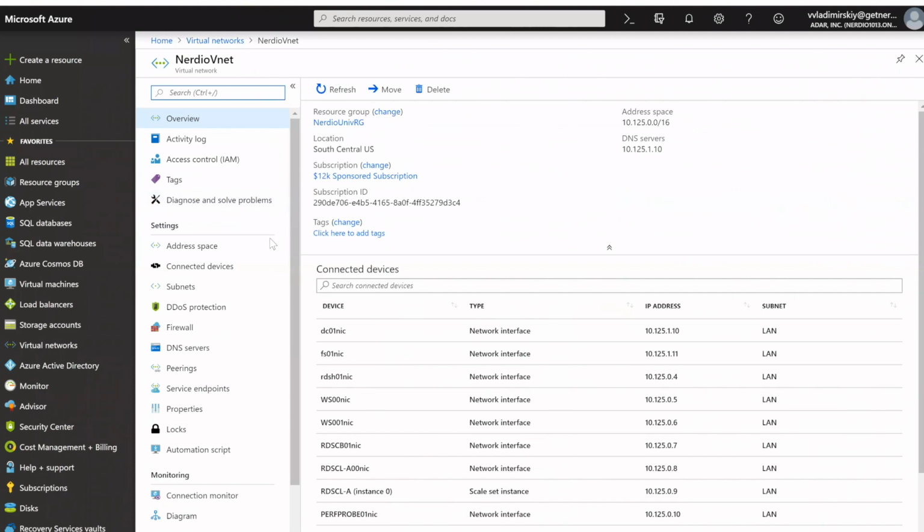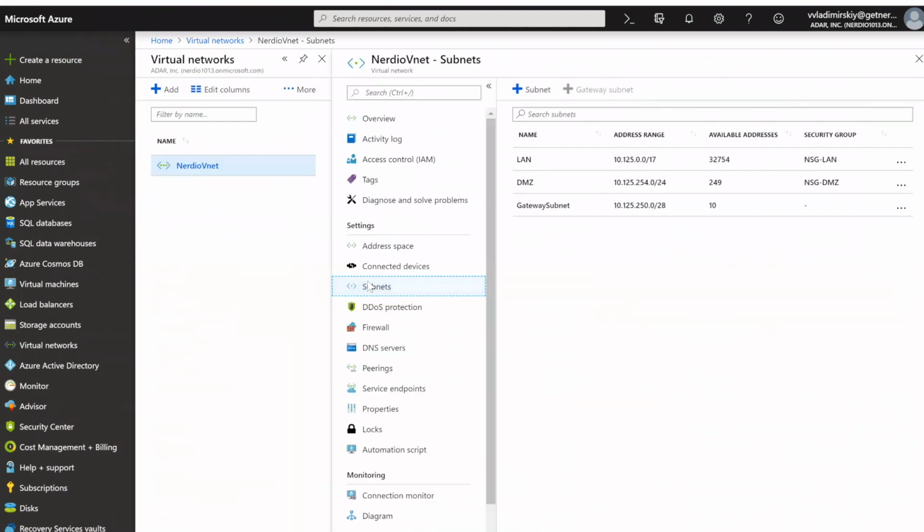Within the VNet, you can go in and see the subnets that exist. And there are 2 subnets, as I showed you. There is the LAN, which is, as I mentioned, /17, and there's a DMZ, which is a /24. And I guess I was wrong about the number of IPs. It's half that amount, so 32,000 possible addresses, and 254 over here that's available. Again, still a large enough subnet where I don't think we're going to hit that limit on any one customer